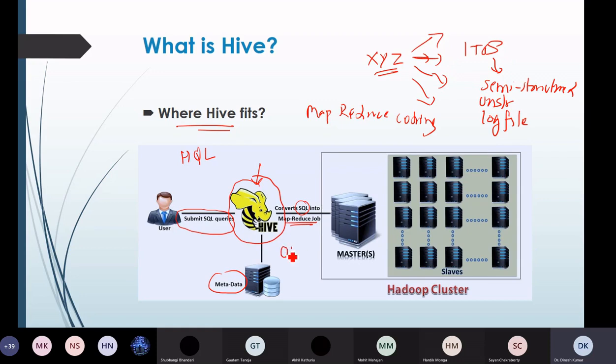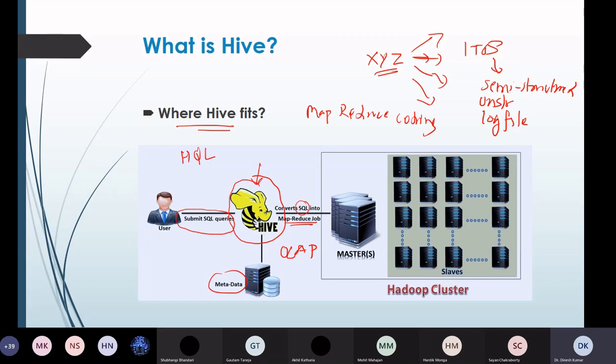Sorry, yes, fine. So it does not work on online transactions. It is not designed to support OLTP but OLAP, online analytical processing, where we have a huge amount of data and we would like to process the data. So it also acts as a data warehouse.